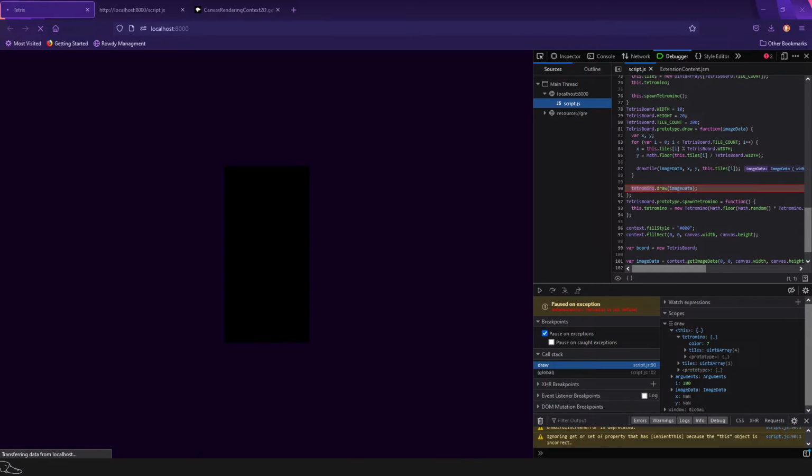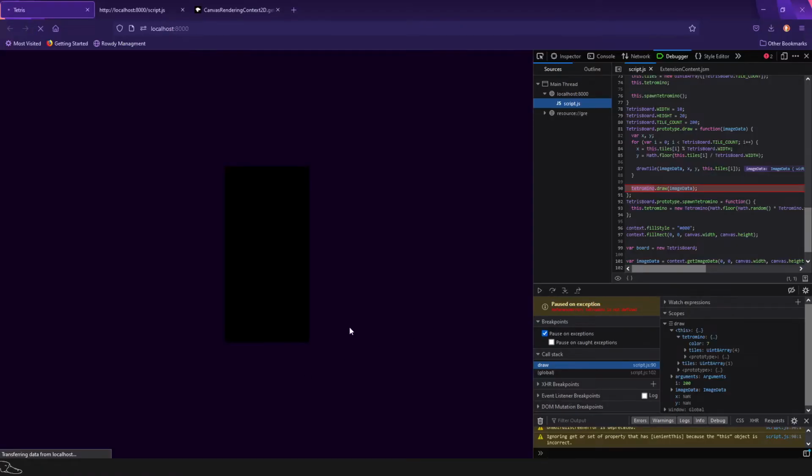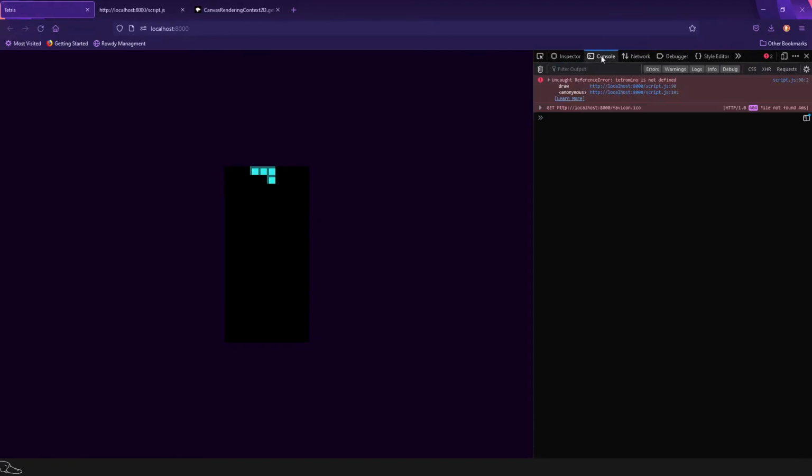Again, I'm thinking in terms of other programming languages. We need to use the keyword this, because we want to say not just any tetromino, we want to say the tetromino belonging to this instance, which is this fellow here. It will be this fellow once we actually declare a board object. Okay. Proper good practice rules. Okay. We're close. It's still black, but we're closer. If I refresh, we'll get rid of that error again. Okay, cool. I don't know why it's black,